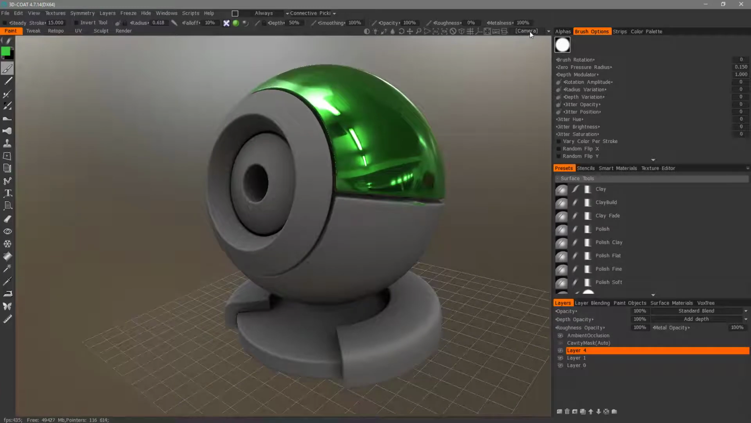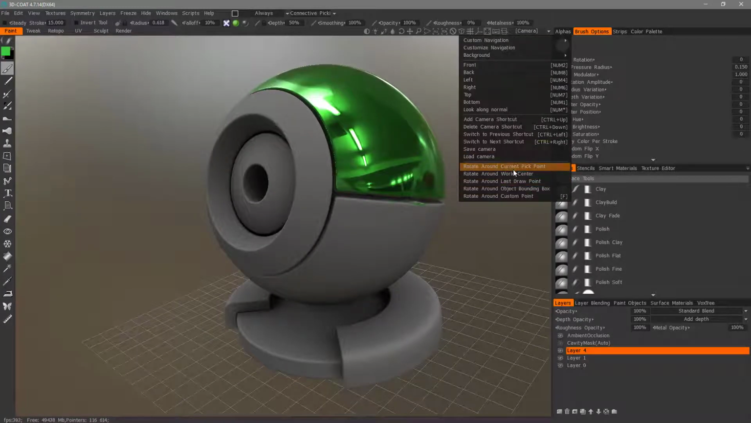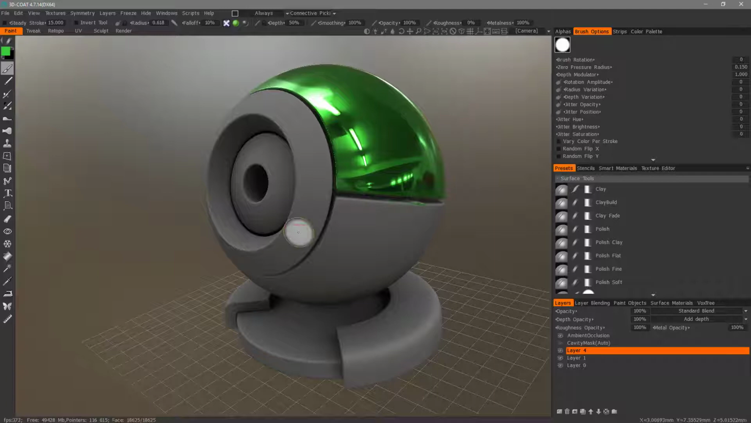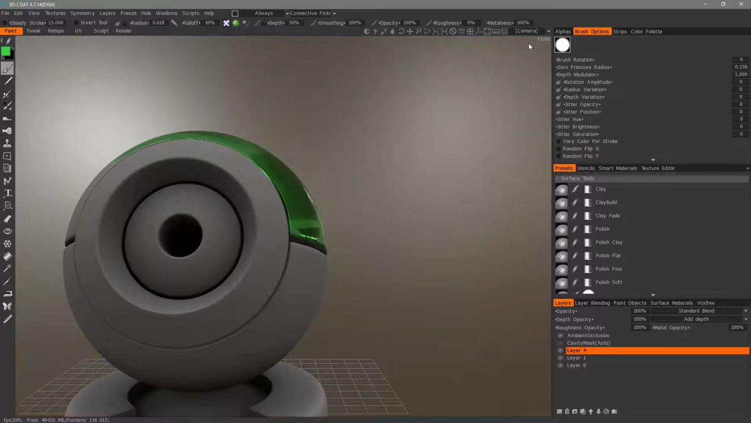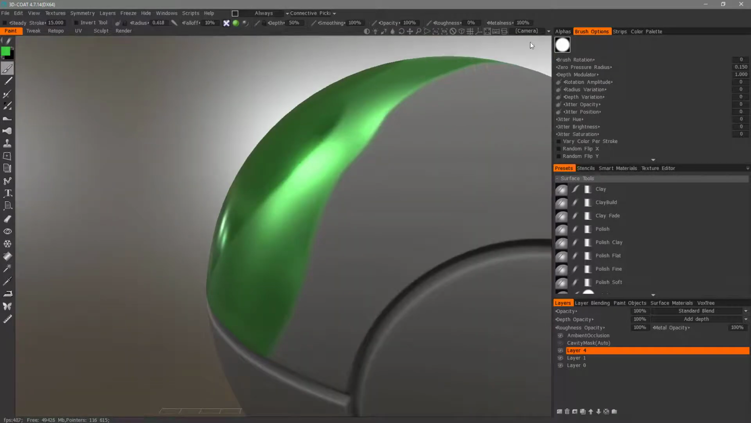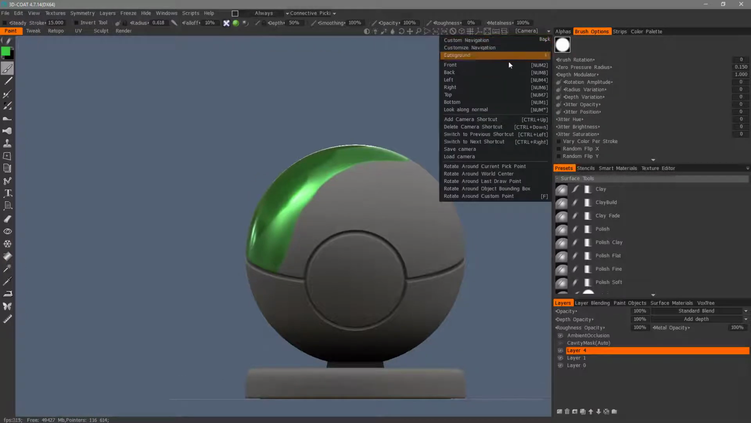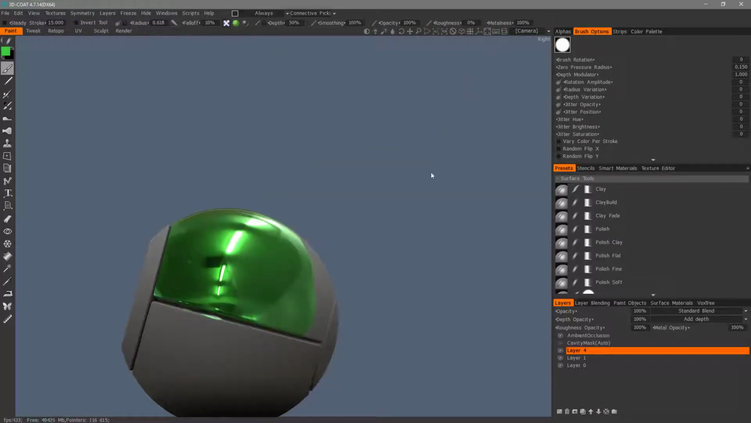You can change that in the camera menu at the very bottom. You can change it to world center, last draw point, a custom point, object bounding box, but the most common one is current pick point. And then you can assign camera shortcuts. You have different views here, front, back, and so on. You can change to an orthographic view by clicking on the little cube widget, and obviously you can use hotkeys